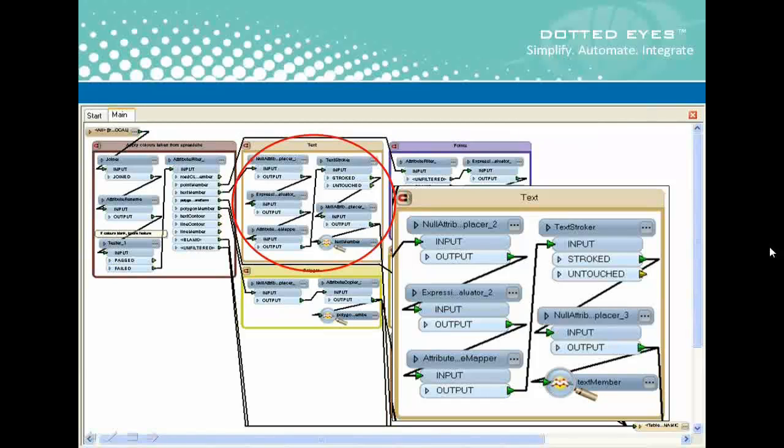Then have an expression evaluator which deals with rotation, because here Ordnance Survey defines the rotation in tenths of a degree, so values between 0 and 3,600. And FME expects to see these in degrees as floating point values with decimal points. So the expression evaluator simply divides them by 10. We then look up the